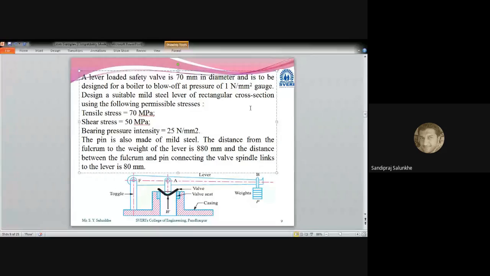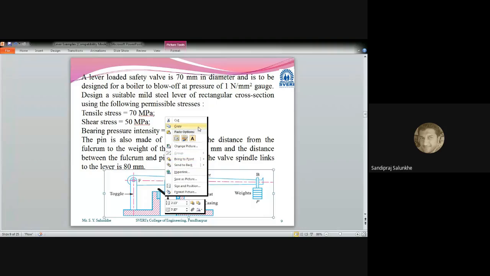The distance from the fulcrum to the weight of the lever is 880 millimeter, and the distance between the fulcrum and the pin connecting the ball spindle link to the lever is 80 millimeter. Now here you can see this diagram of how the safety valves are. This safety valve,